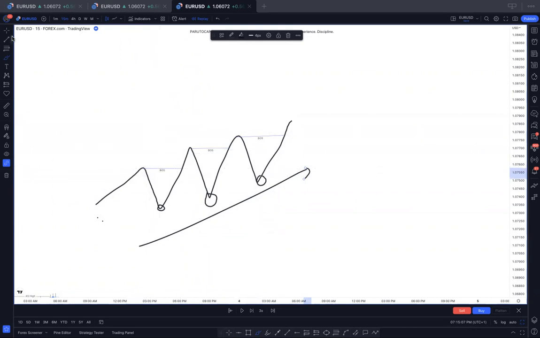Now, if you have a trending market like this, let's assume this was a downward trending market. It was coming down like this, and then it came here, and for the first time it started reversing like this. It didn't take out this previous high, but it broke down. And let's say,